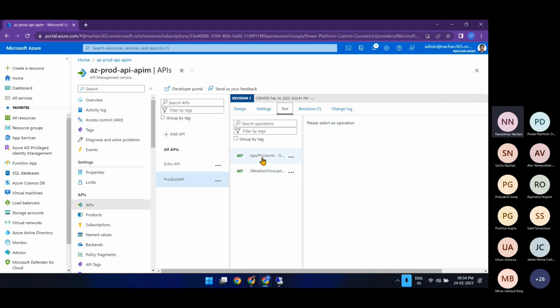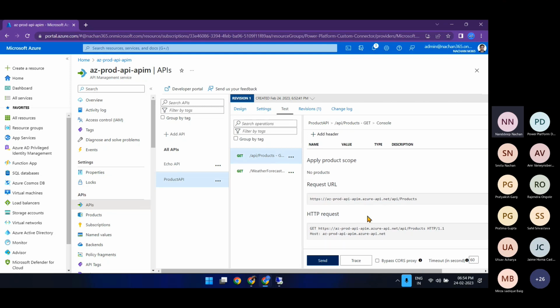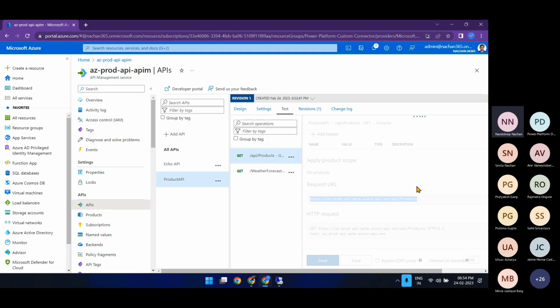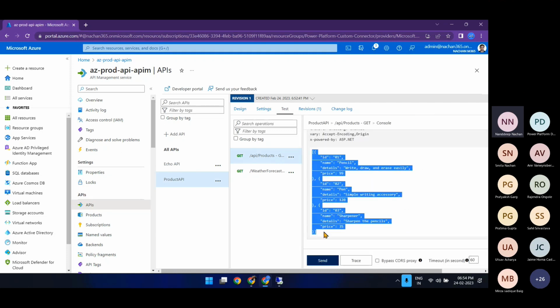Now we can go into this test. I can click on this operation, which is API/products, and this is the URL where it is pointing to. I can just click on send, and if everything goes well, we should be able to see the same response here. Okay, so now that we are pretty much happy with this functionality,